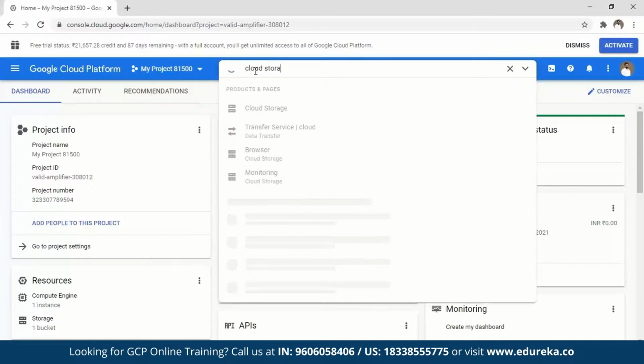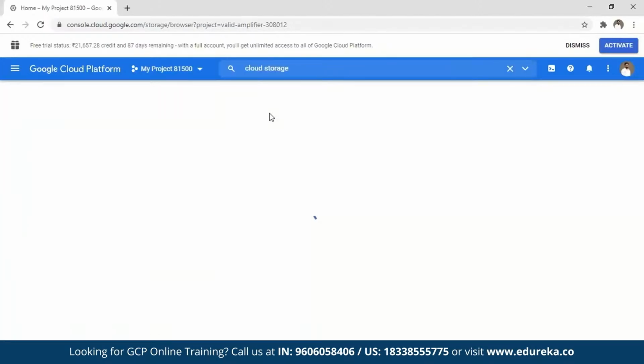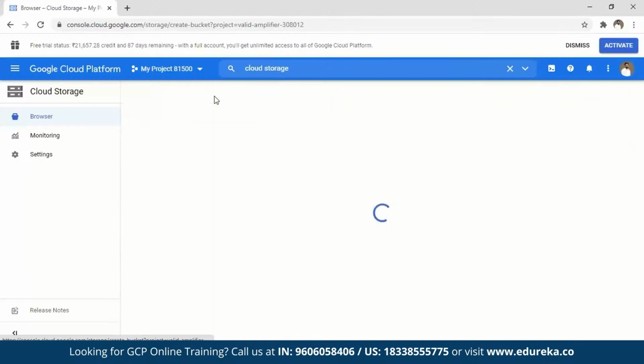Right now, in my case, I think I should already have a storage account, so I'm just going to go ahead and say Cloud Storage. Once you do that, no sooner does this page load than you get a notification. When you click on create bucket, it says that you cannot do that right away. Again, as I've already mentioned, a bucket is nothing but a container where you store your objects or your files, the data that you plan to store. So you have to create a bucket first.